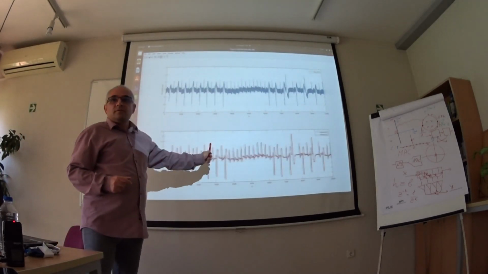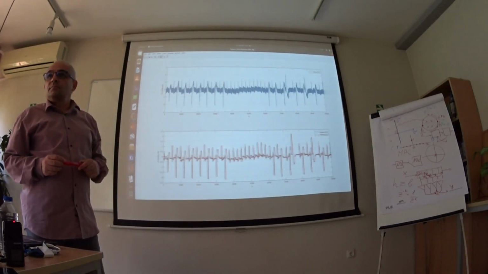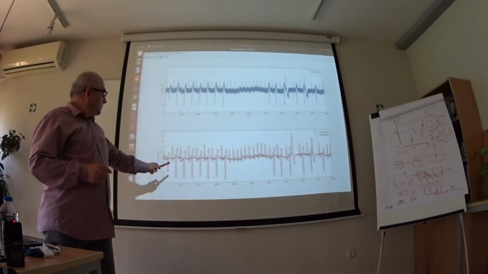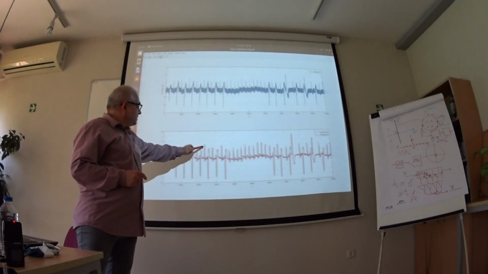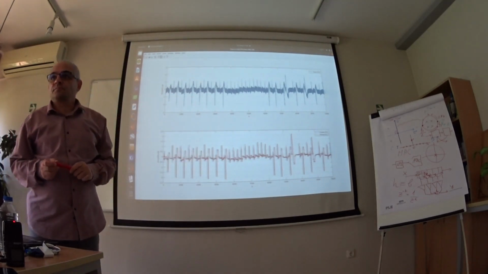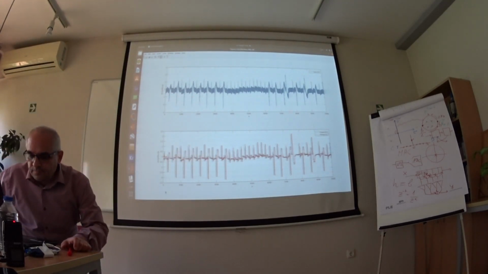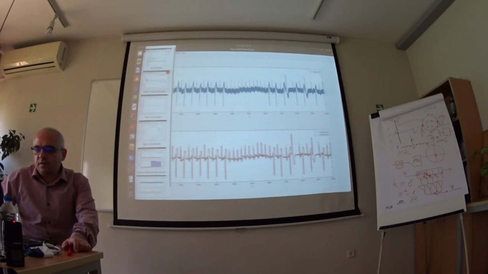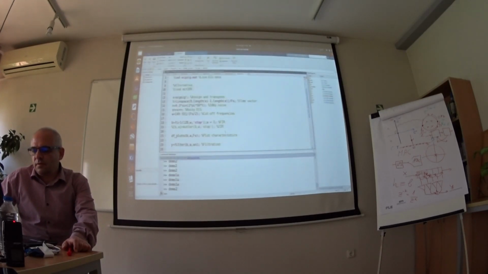Almost perfect, but we have delay, significant delay. This is the original, this is the filter. Here is the signal with interference. Now, this FIR structure is of order